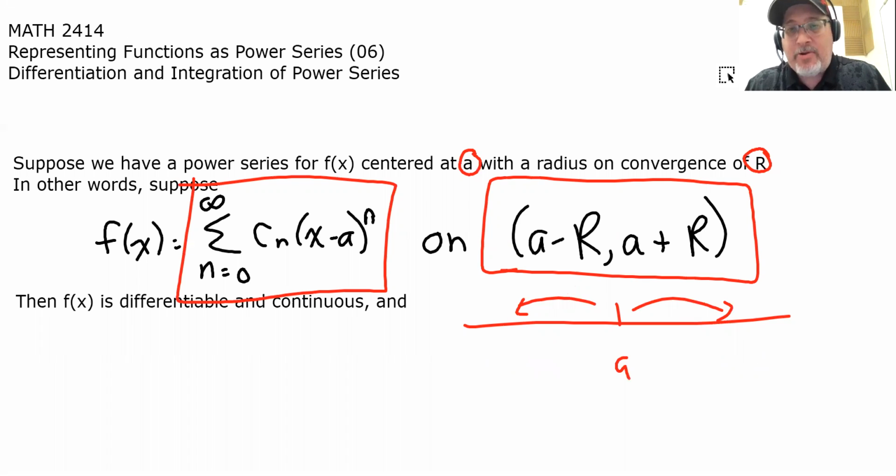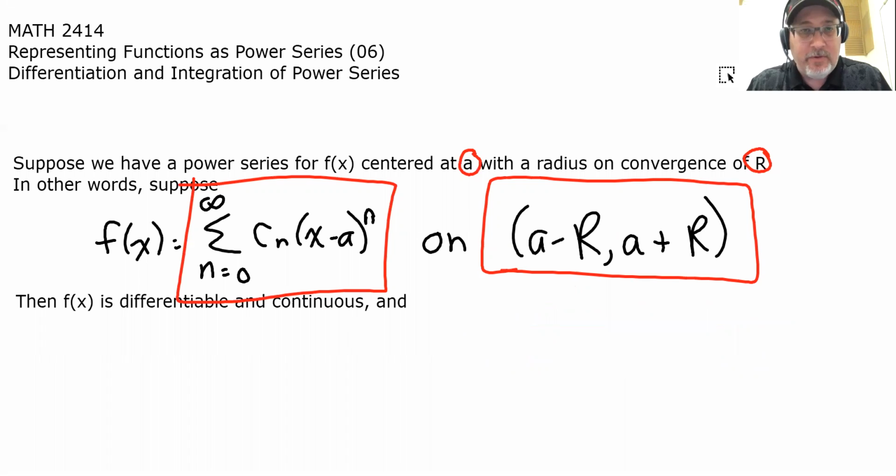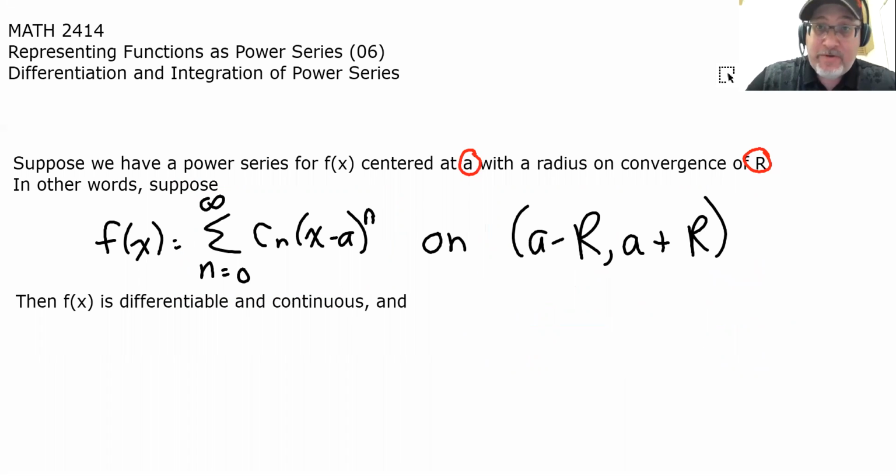So let's say we have a power series that converges on this open interval. Now, it may also converge at the endpoints. In other words, we may have convergence here or we may have convergence here, but we're just assuming that we have convergence in the middle of the interval when we have a given center and a given radius. If our function is defined as a power series with a particular interval of convergence, then our function is